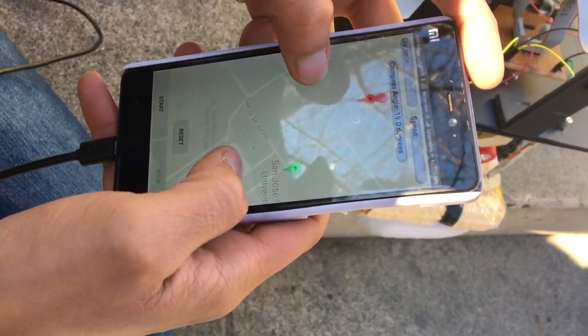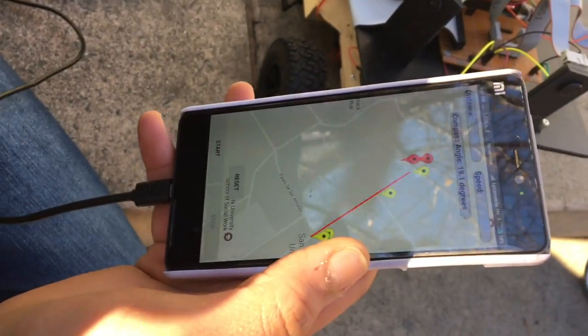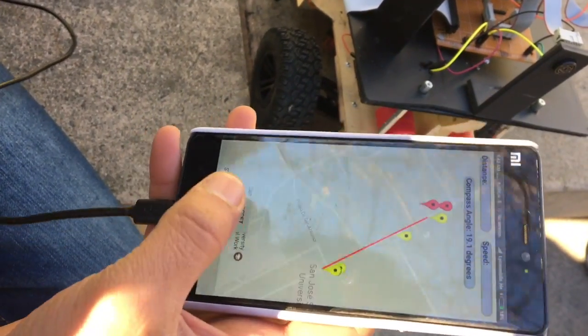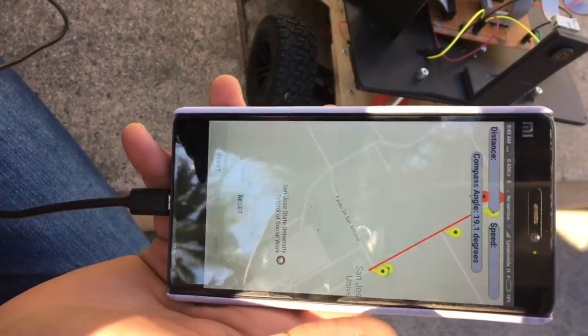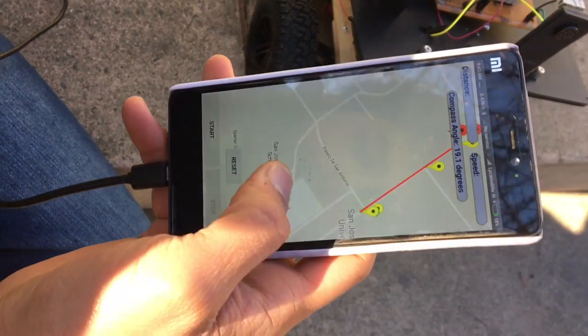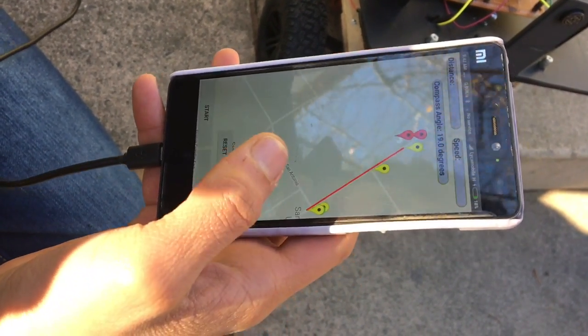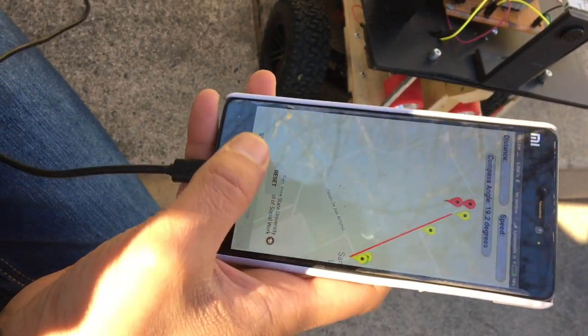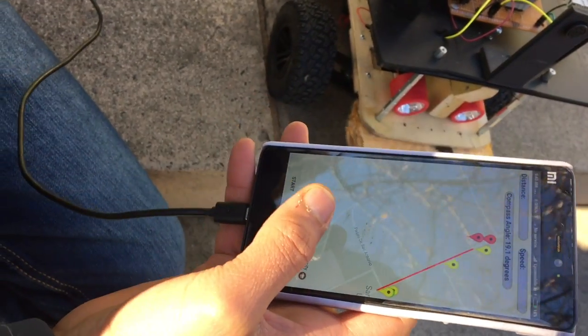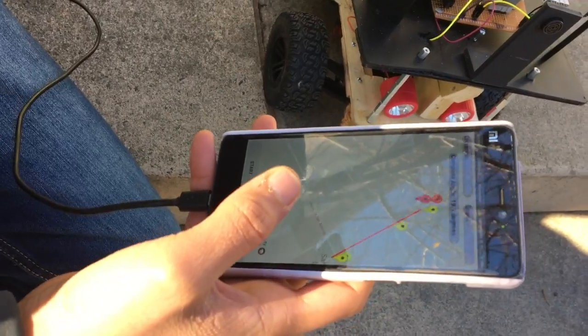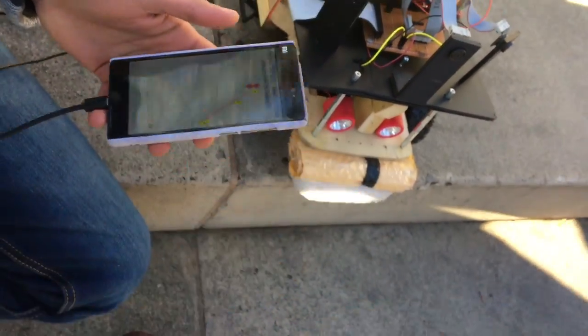When I give the destination, it will plot a route, and I have two options over here, start and stop. When I click the start button, the checkpoints will be sent to the system, and the further things will be continued by the GPS module. It will process the checkpoints.